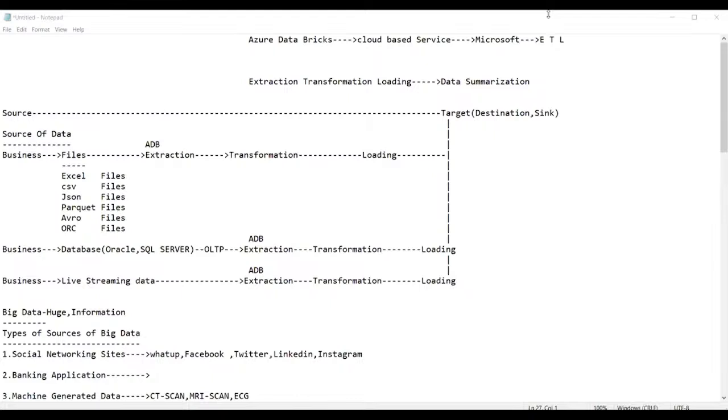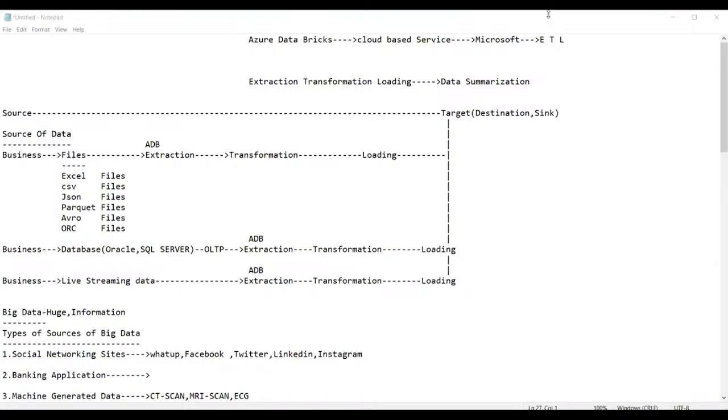And to be an Azure data engineer, what services do we need to know? If you know ADF, then you are called an Azure data engineer. If you know ADB, then also you are called an Azure data engineer. If you know Synapse, then you are also called an Azure data engineer. So either one should be fine, right? I heard ADF is an ETL tool only, and here you have mentioned ADB is also an ETL tool only, right?